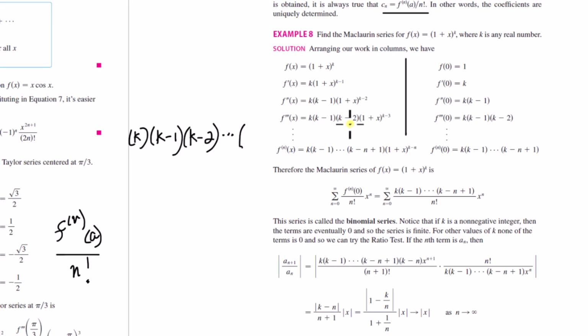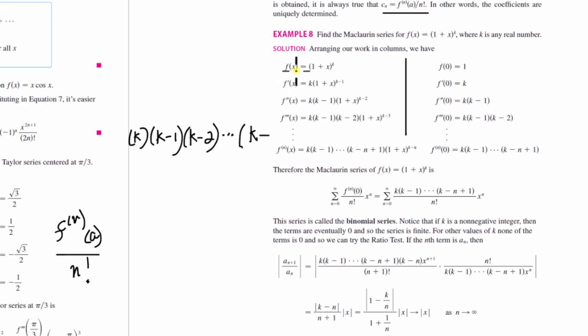Well, we can see it's always going to be k minus 1 less than what the power on the 1 plus x term is. So like the last factor here is k minus 1, this is k minus 2. The last factor here is k minus 2, this is k minus 3. So it's k minus, okay, now, but what is, so we're doing,